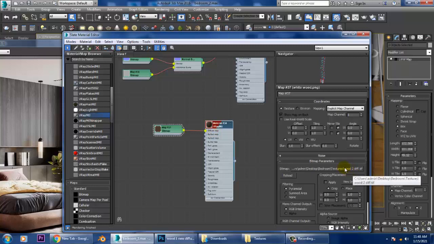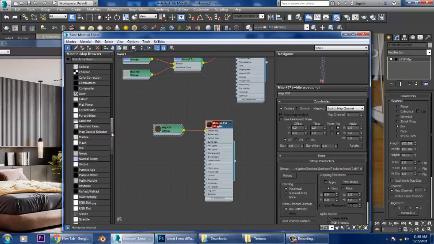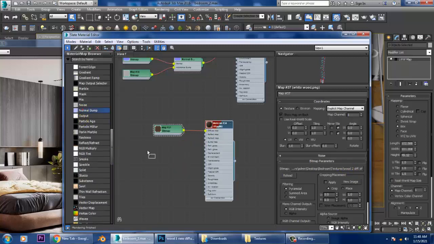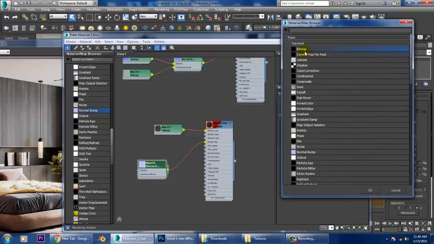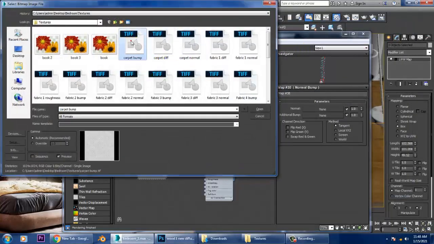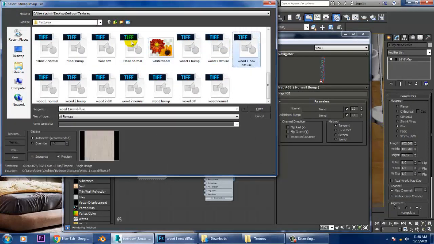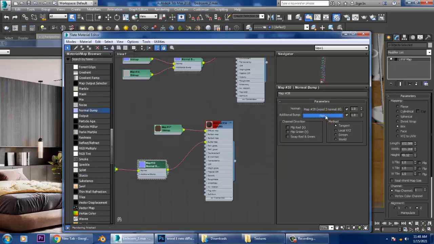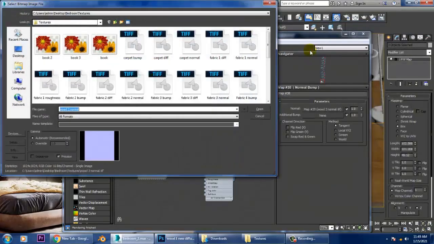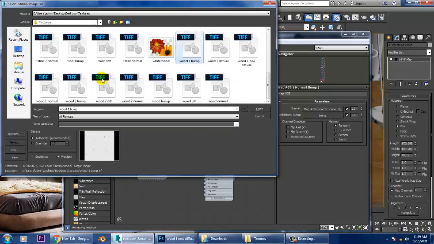Now again I'll go into this normal bump, connect this with a normal bitmap and wood 2 normal, and also the roughness, we need a roughness over here. We'll be assigning the roughness, that's your wood 2 bump.